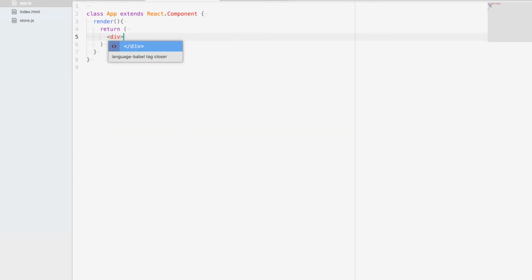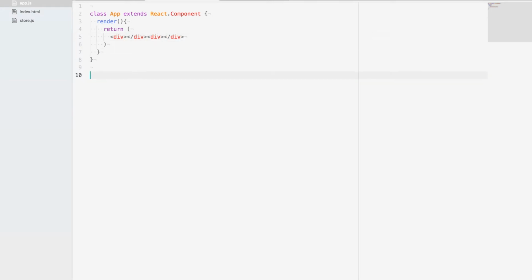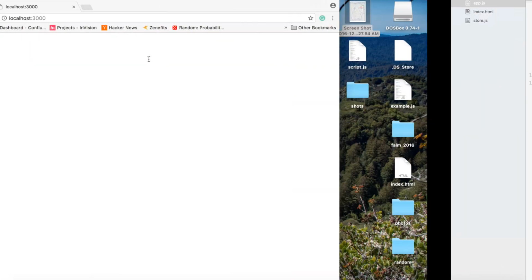Now JSX is going to be transpiled into basically function calls. So you have to remember that you can't do something like this because you're essentially trying to return some function and some other function. And that doesn't make any sense. You can't have 2 return values. So each return value has to just have one root node. So here's our render function. We have one root node, which is a div. We can add an h1 to that and do our classic hello world,